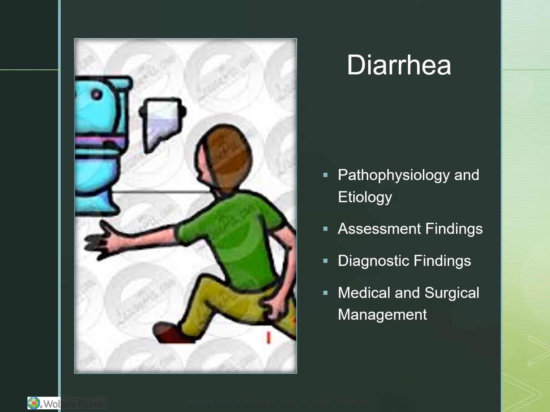So diarrhea. Diarrhea can be acute or chronic. It's basically a frequent stool, more than 3 a day, and it's liquid or semi-liquid. We may have increased peristalsis, dehydration, electrolyte imbalances, and vitamin deficiencies. It can be caused by infections, the diet, intestinal disease, medication, and formula that's used in tube feedings.